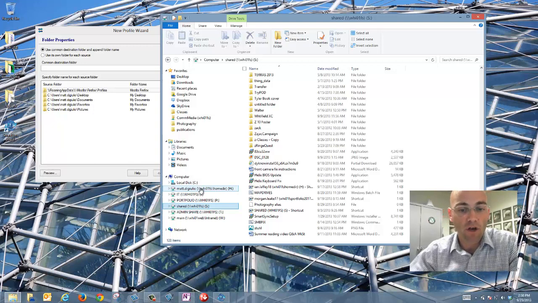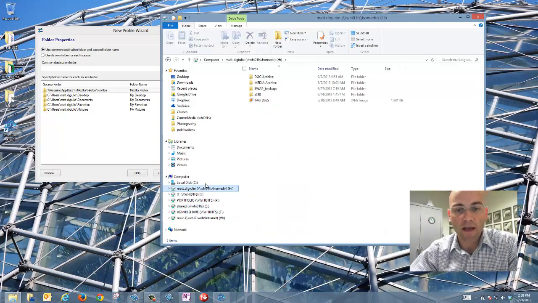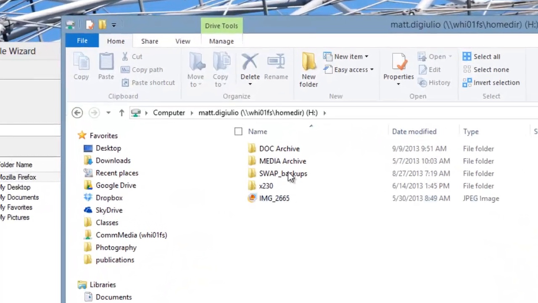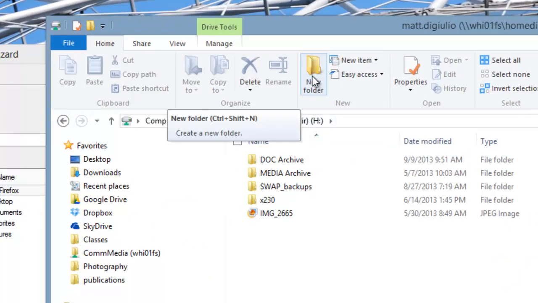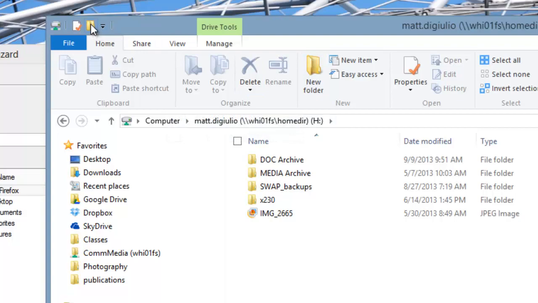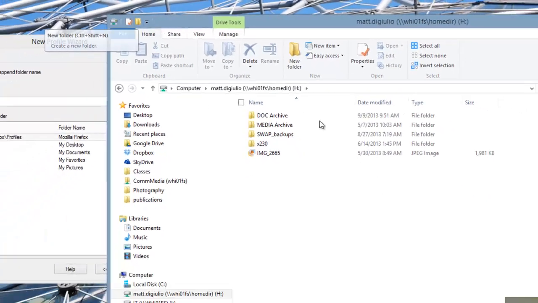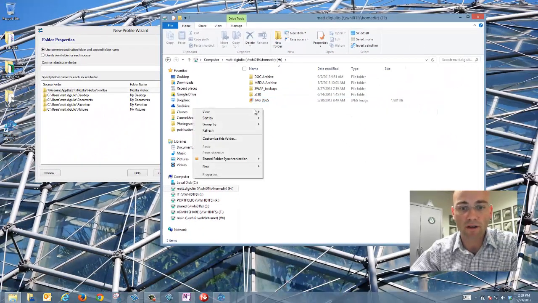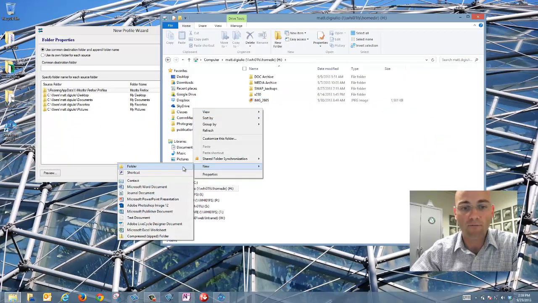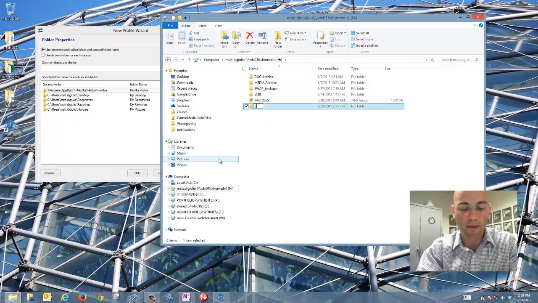For the rest of you, go ahead and click on your H drive, and what I want to do in here is create a new folder. I can either do that here on the new folder button, or up at the top left part of this window I can click on this new folder button, or I can just right click in the window and say I want a new folder, and let's just name it backup,